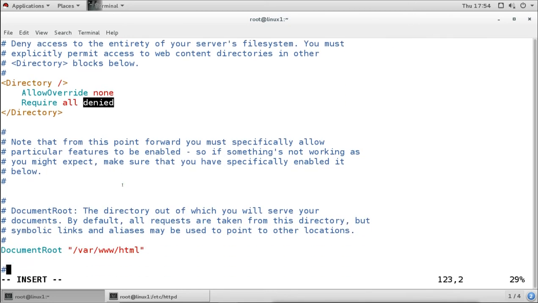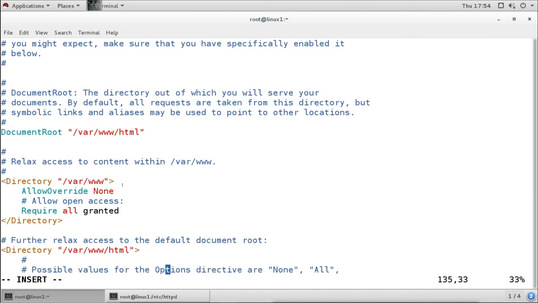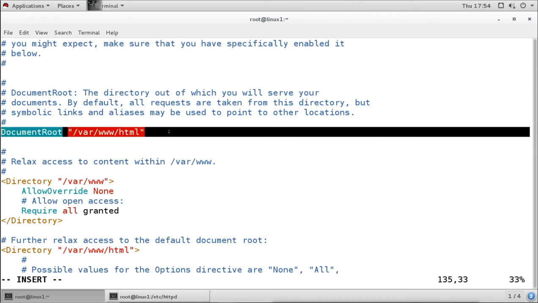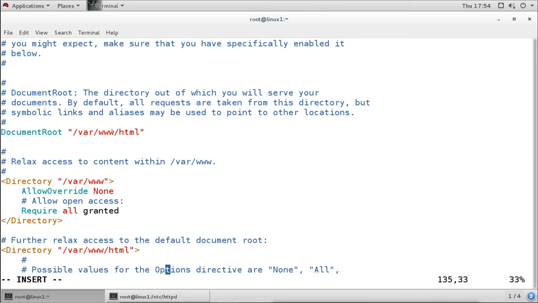Then we go down, so it is defining here that this is our document root directory. This is our document root directory for the default site. For this directory also, we have to create the directory syntax. Otherwise, with the directory directives or directory syntax missing, it is not going to share this directory.